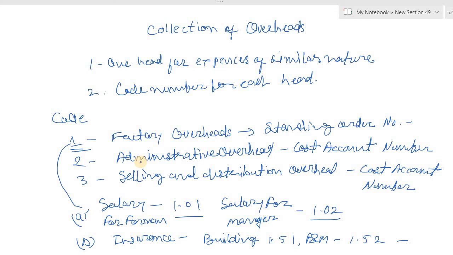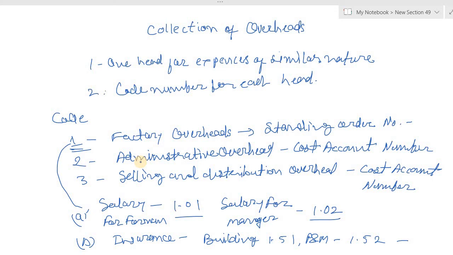2.02. Main head is 2 and subhead 0.01, 0.02. Depreciation on office furniture subhead 2.71, 2.72, depreciation on office equipments. And